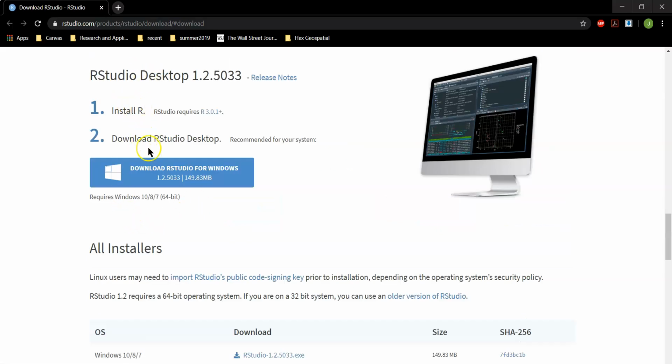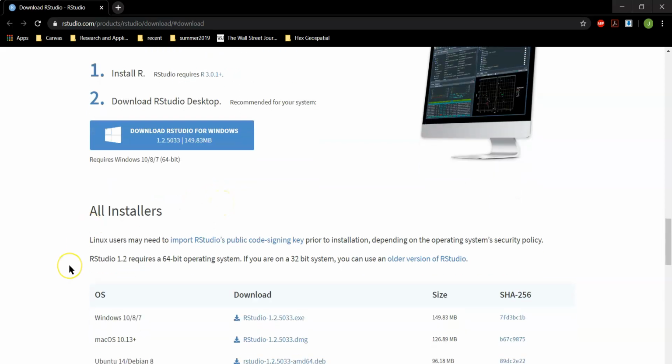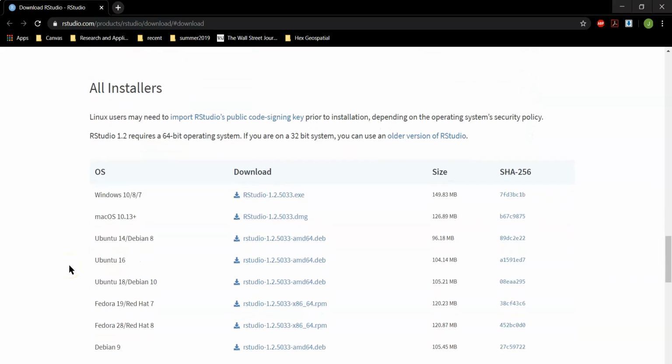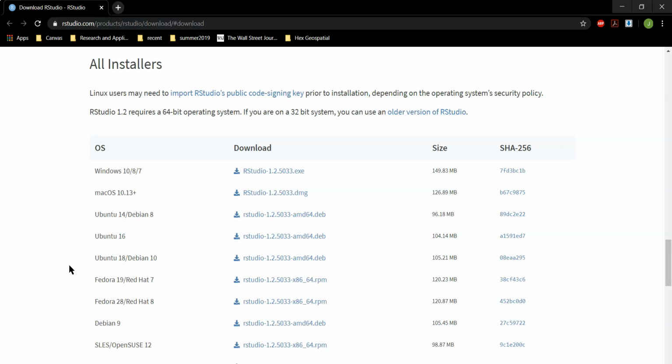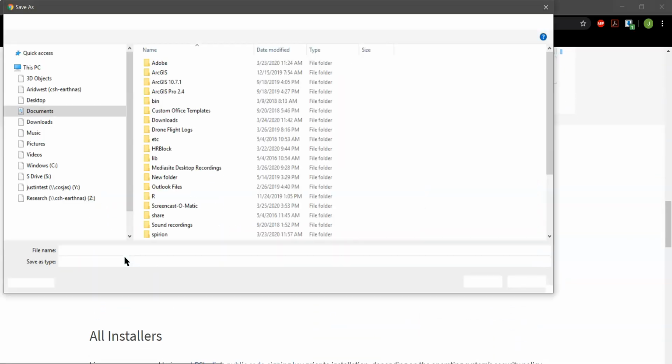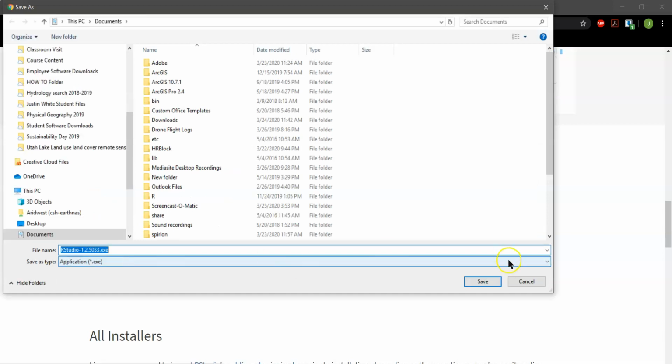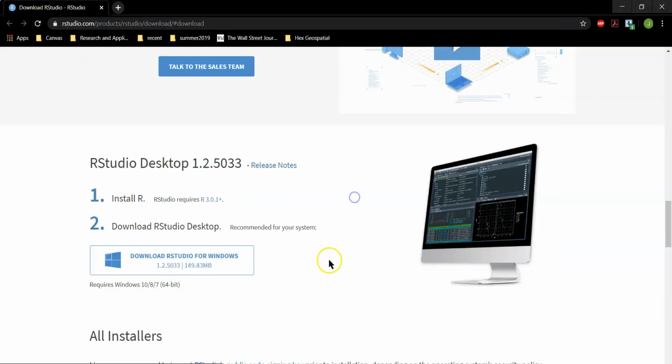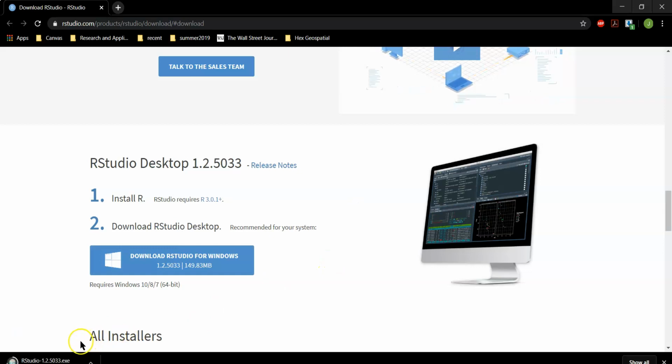Be sure to follow the instructions here and know if you're using Windows, know whether it's 64-bit and that it's 7, 8, or 10. If it's another different type of platform, you'll end up needing a different installer, but R has those there for you. So click on this, save where you want the application to appear, and then once that finishes downloading, we'll open that and run it